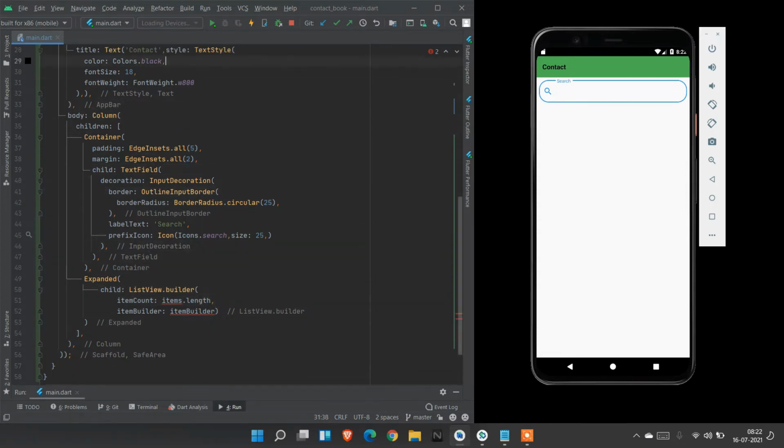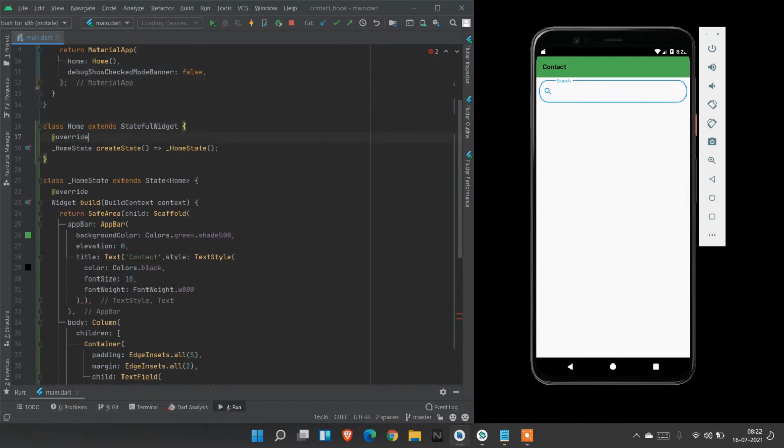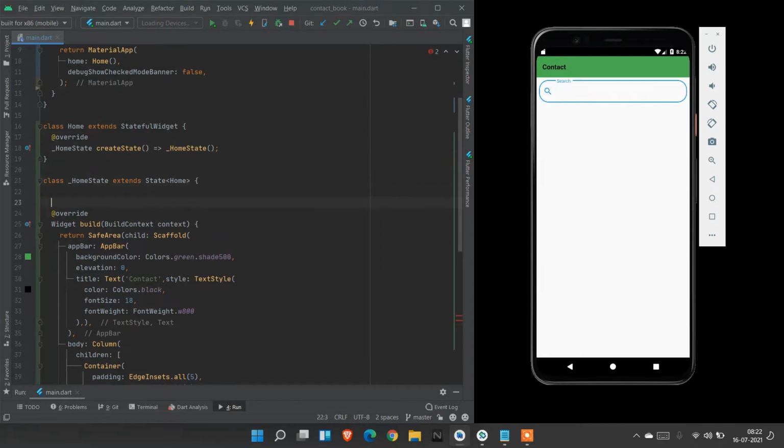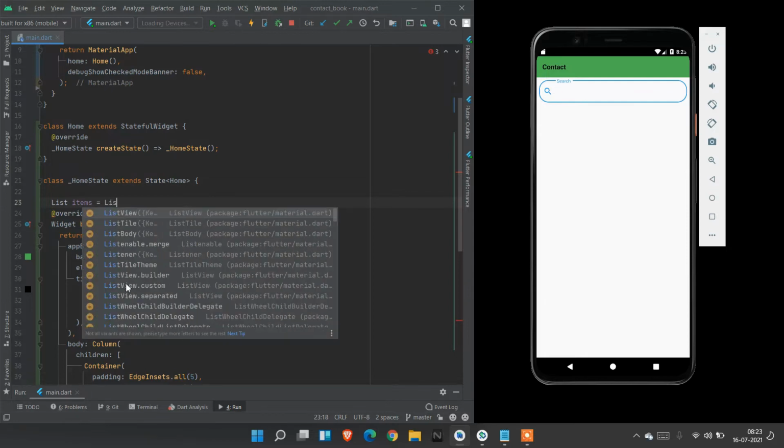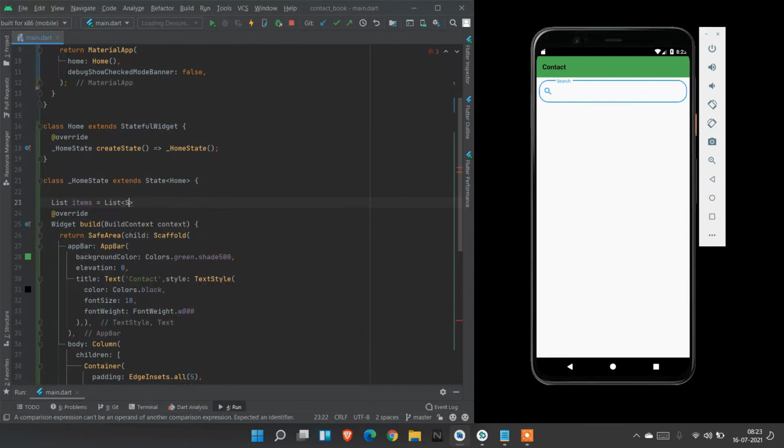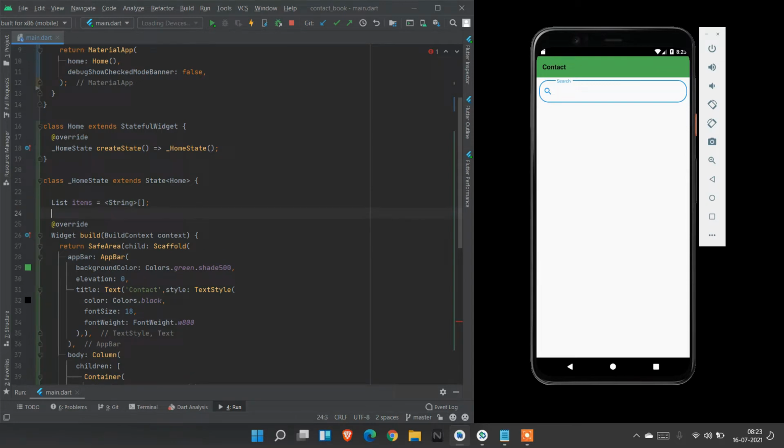Now we need to create items here. We need to convert this to a literal, so we place it like this.